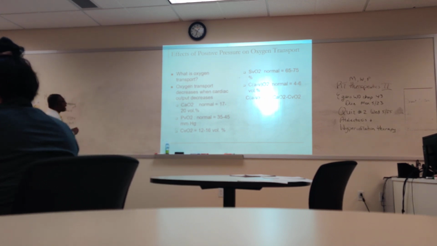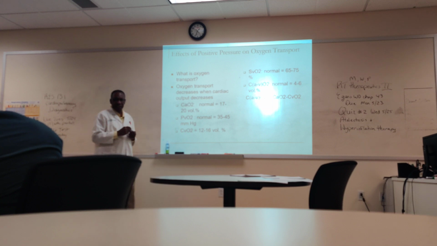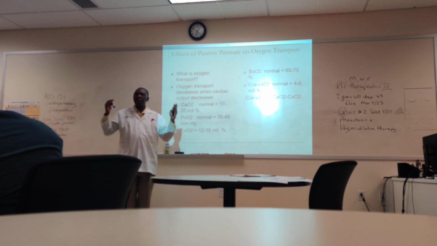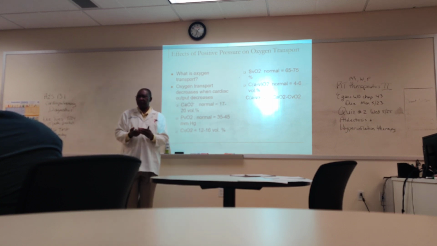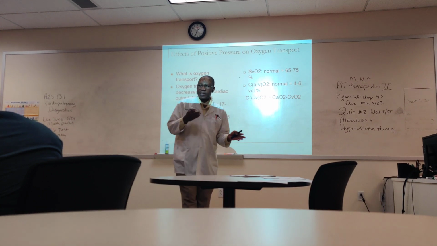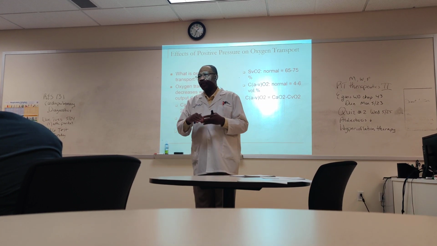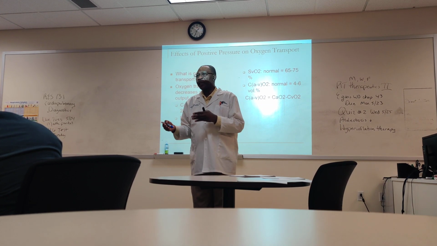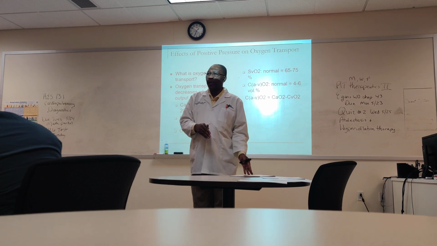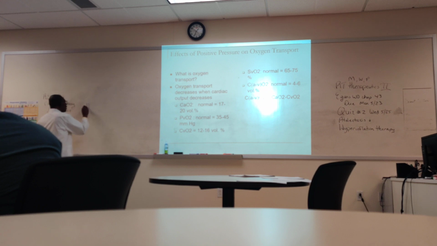Now CaO2 stands for arterial oxygen content, the total amount of oxygen carried in the blood. There are two ways that oxygen is carried in the blood. It is carried attached to the hemoglobin, and it is carried dissolved in the plasma. So that formula goes like hemoglobin times 1.34